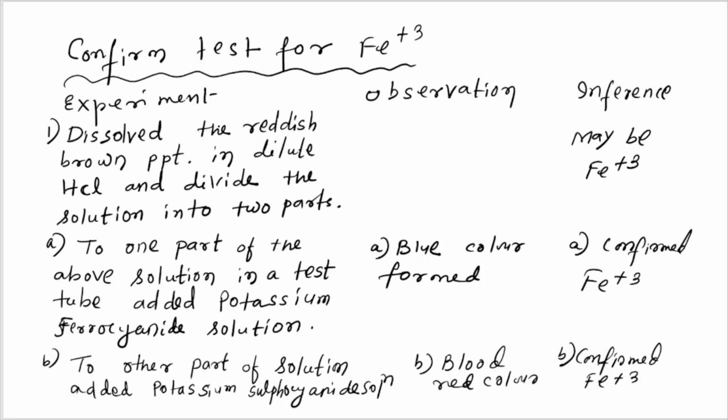Now if you are getting reddish brown precipitate, then it may be Fe+3. Then you take that reddish brown precipitate and add dilute hydrochloric acid. Then divide this solution into 2 parts. That means the reddish brown precipitate dissolves in hydrochloric acid. Now here you should write that the precipitate is dissolved